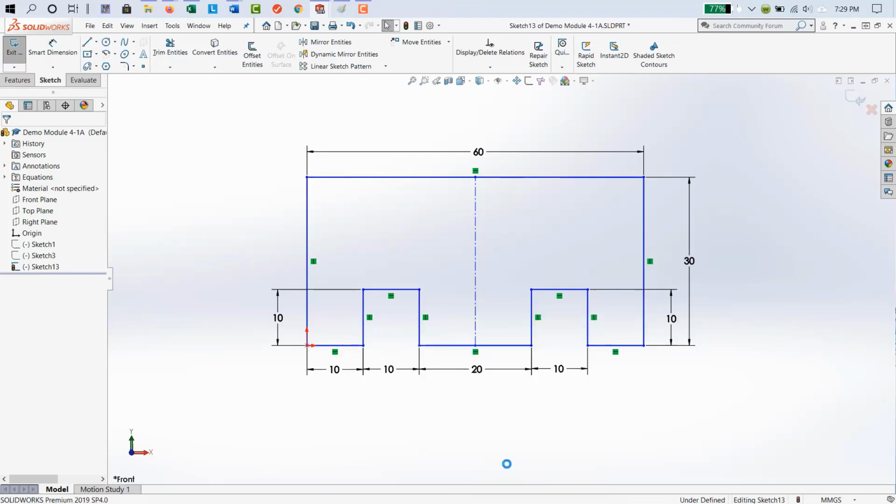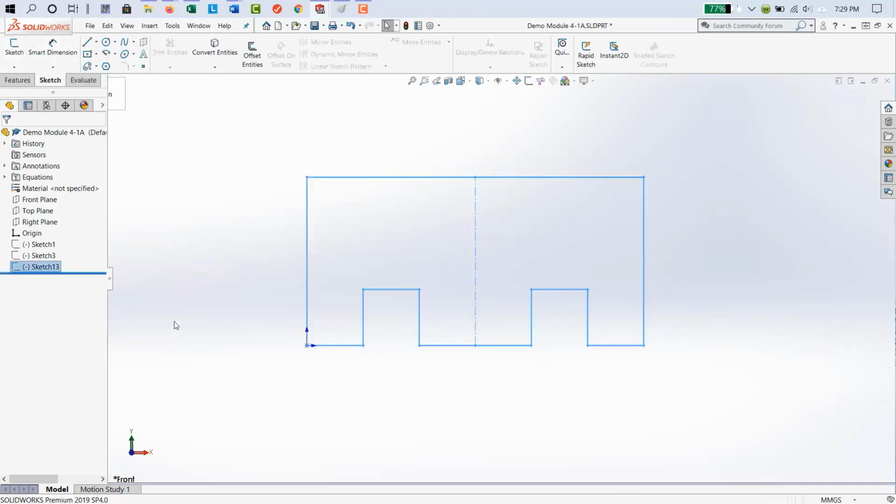So now that these are all gone, our sketch is complete, and all we need to do is exit the sketch. Click anywhere in the drawing area to clear the selection of the sketch. Notice that my origin is in the correct location. I have gray lines, not blue or black lines. Means that I am still in the drawing, but not in the sketch. All right, so that's the end of this presentation for practice doing module 4-1A.